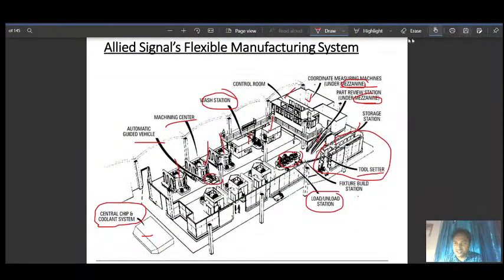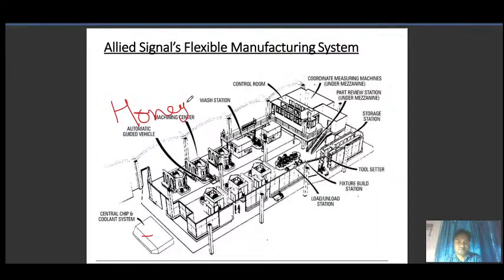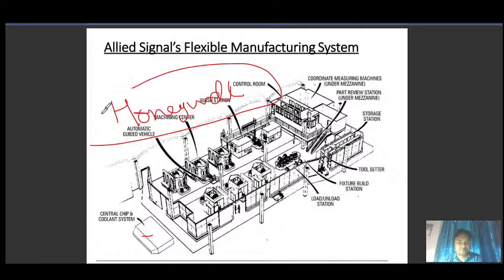So what is more interesting about this picture, you will be surprised to know. You are not aware of Allied Signal, but you will be well aware of Honeywell.